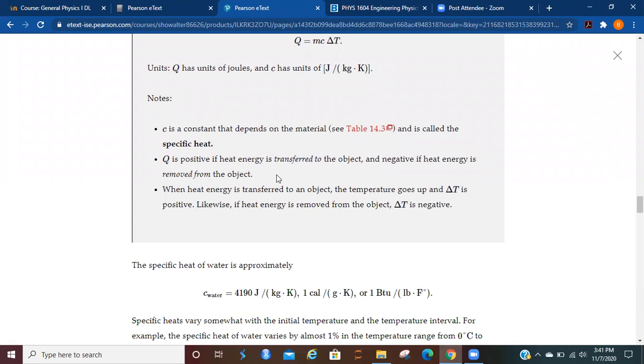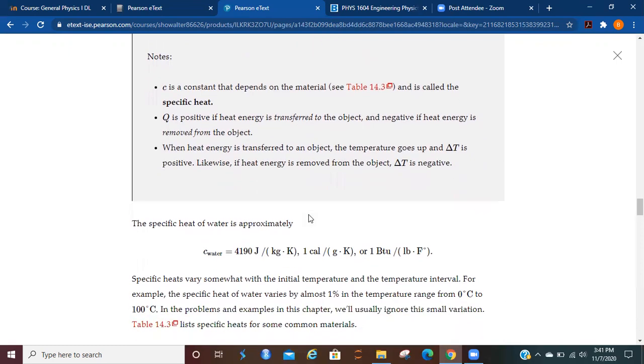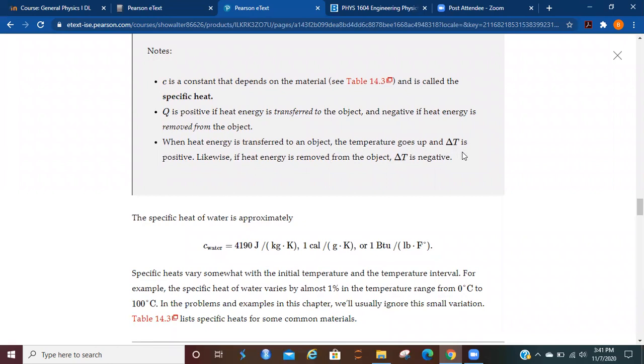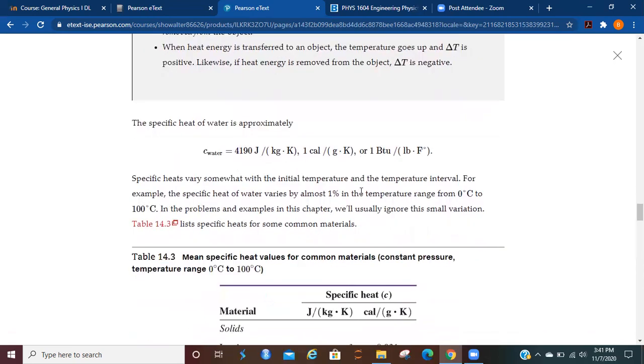Q is going to be positive if heat is transferred to the object, and negative if heat is removed from the object. When heat energy is transferred to an object, the temperature goes up and delta T is positive. Likewise, if heat energy is removed, delta T is going to be negative. The specific heat of water is 4190 joules per kilogram Kelvin, or 1 calorie per gram Kelvin, or 1 BTU per pound